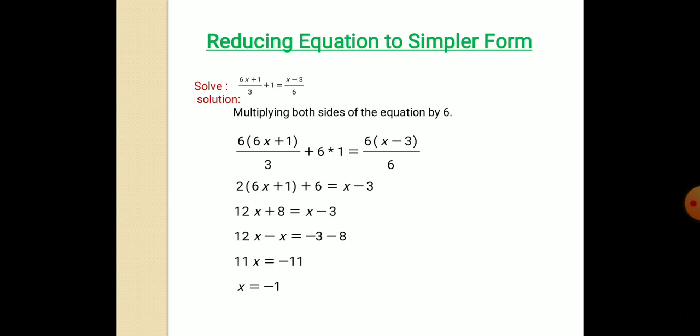Reducing the equation to a simpler form, solve (6x plus 1)/3 plus 1 equals (x minus 3)/6. Multiplying both sides by 6, 6 into (6x plus 1)/3 plus 6 into 1 equals 6 into (x minus 3)/6. 2 into (6x plus 1) plus 6 equals x minus 3, that is, 12x plus 8 equals